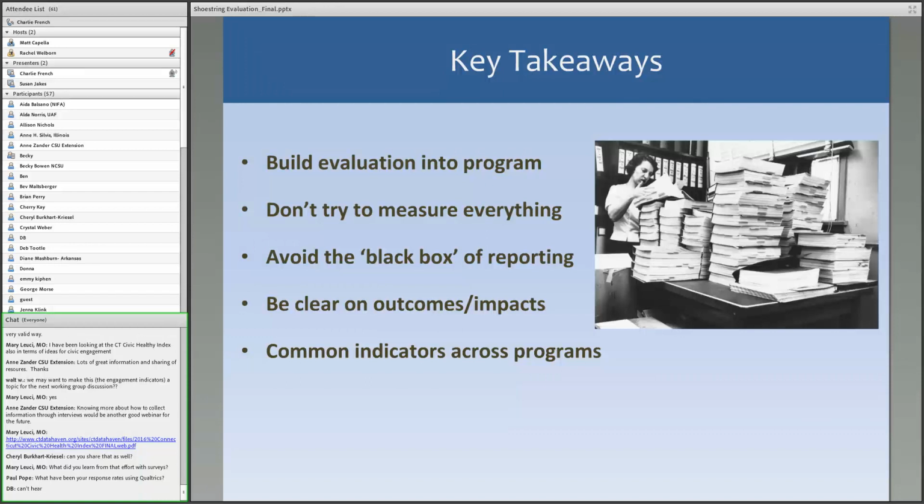So we learned that the hard way. We're exploring other ways to increase response rates by possibly bringing iPads to a program if it was small enough and letting people use the offline survey function on an iPad, trying to get away from paper surveys and keep everything online. But there's definitely room for improvement there.